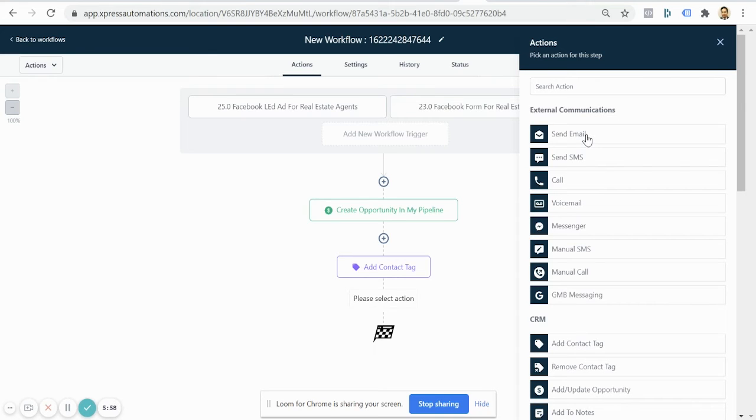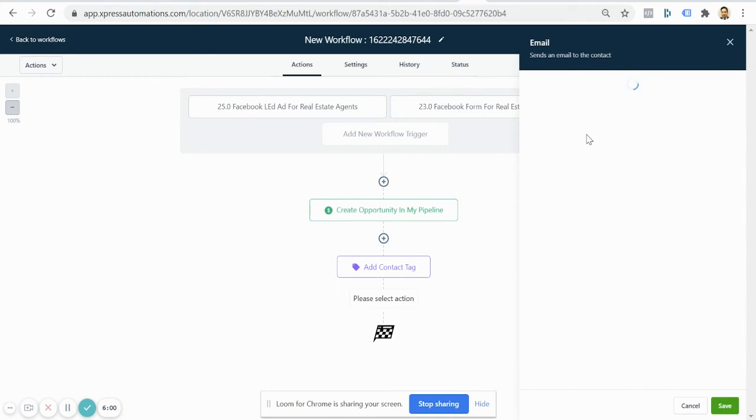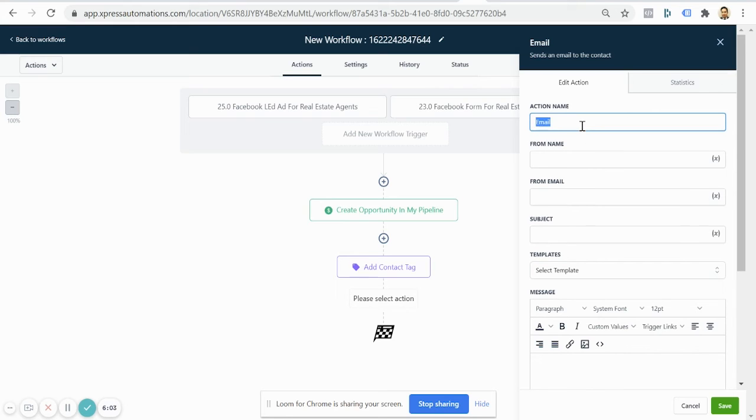Then I want to send an email. So I will send an email to the client. I'll say client is notified, and I'll choose from email. So I'll just choose Ram at expressautomations.com, and I will just choose my other agency name, Ram at MarketingTransformers.com, and subject is new lead. And then I'll choose this as contact.name,